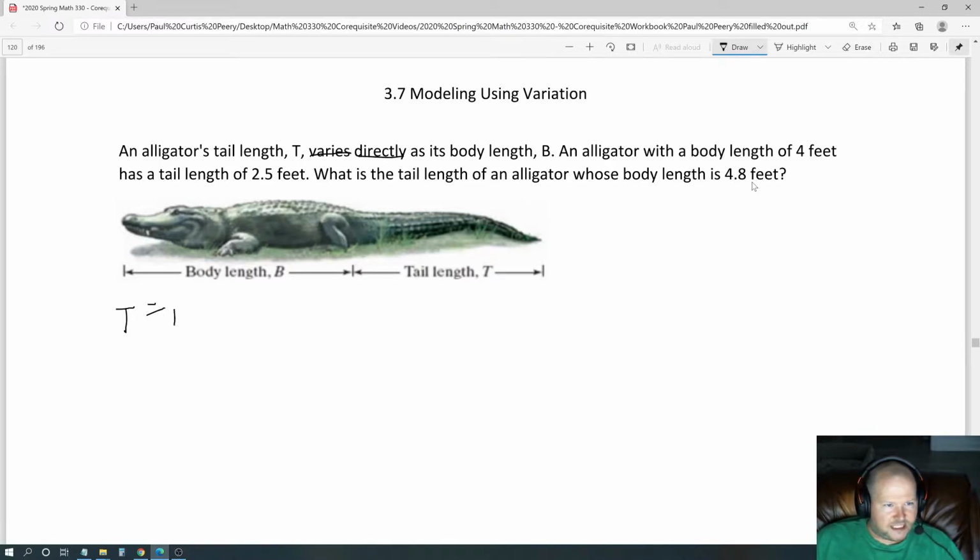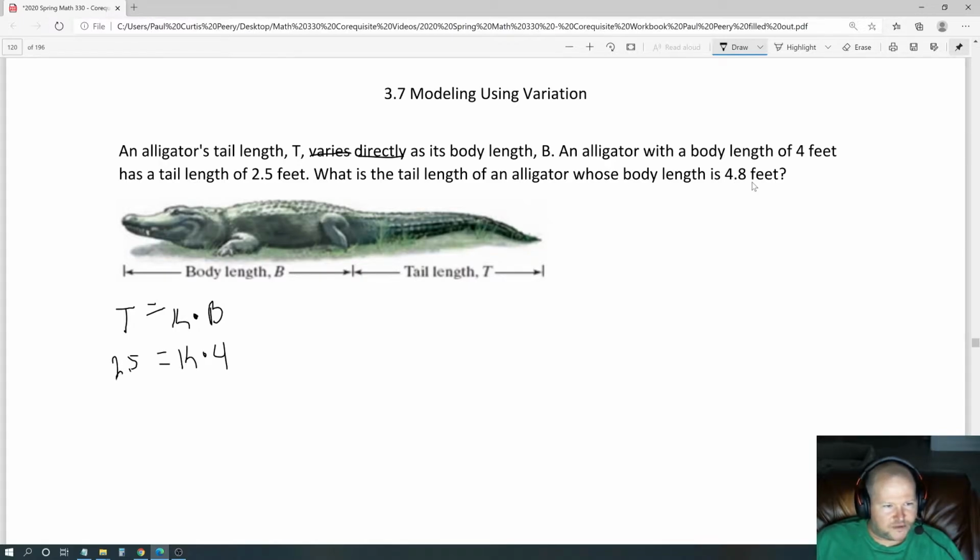Okay, so T is equal to K. When it says varies, directly means multiplication, as body length. And it said B, so we're going to use B as body length. Okay, so far so good. Next, they say the body length is 4 feet. The tail has